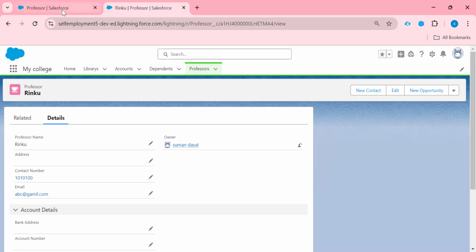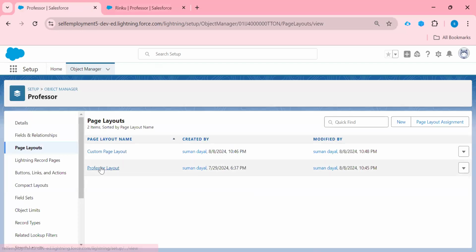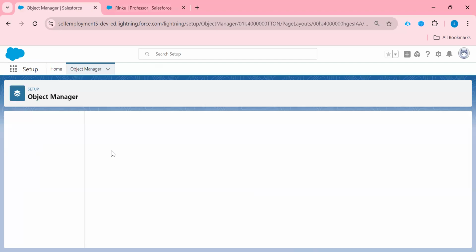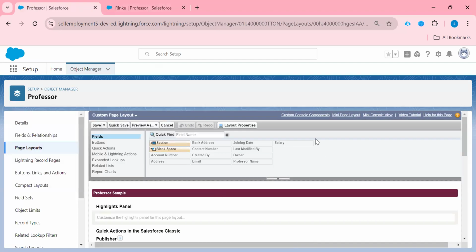To create this, come here, same procedure, open your object where you want to create a mini page layout. I am using the same object. Click on page layout, select the layout which is assigned to your profile. For now this layout is assigned to my profile, so I am going to create a mini page layout here only in this page layout. Here you can see the mini page layout option is available.